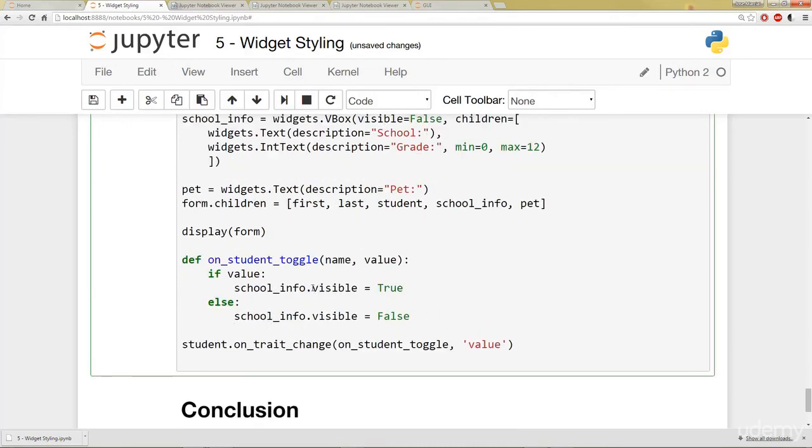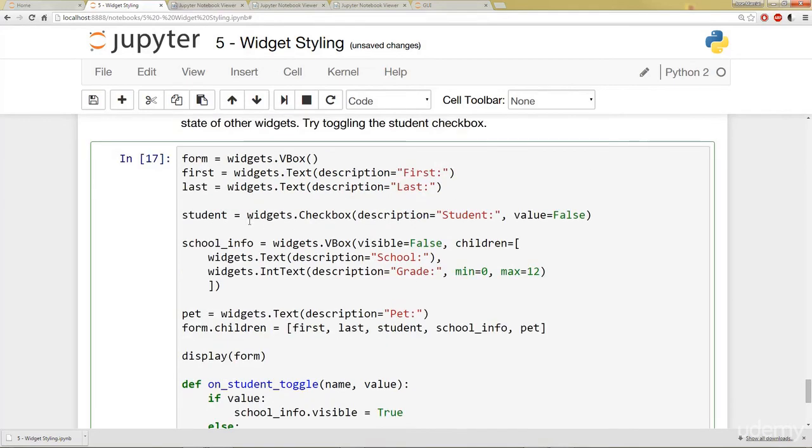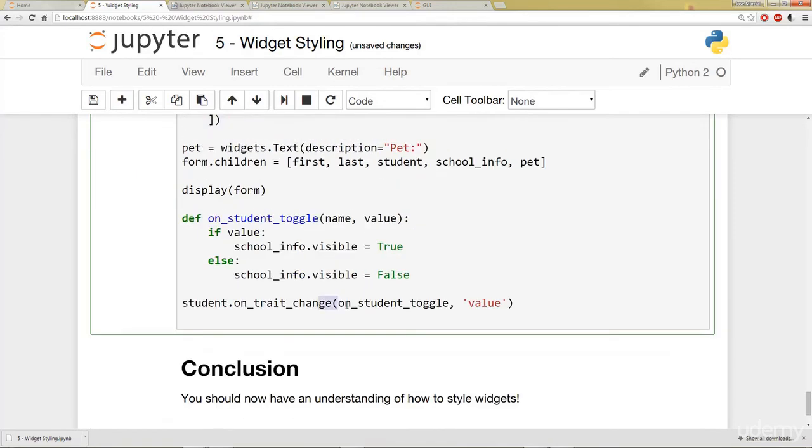Okay. On one of these, we call onStudentToggle. So we have a little function here. It takes in a value: if value, schoolinfo.visible equals true, else schoolinfo.visible equals false, and then student.observe on trait change. So if you go back here to student, this checkbox, when this is changed, we'll pass the value onto the onStudentToggle.